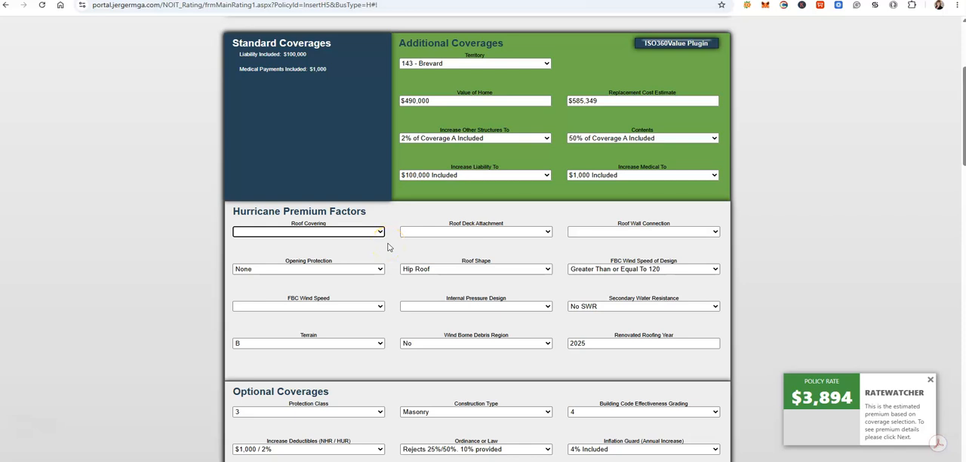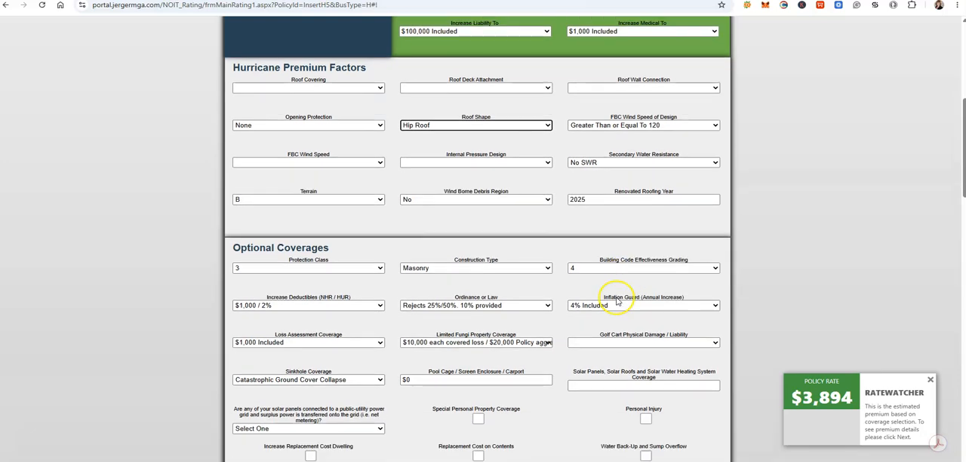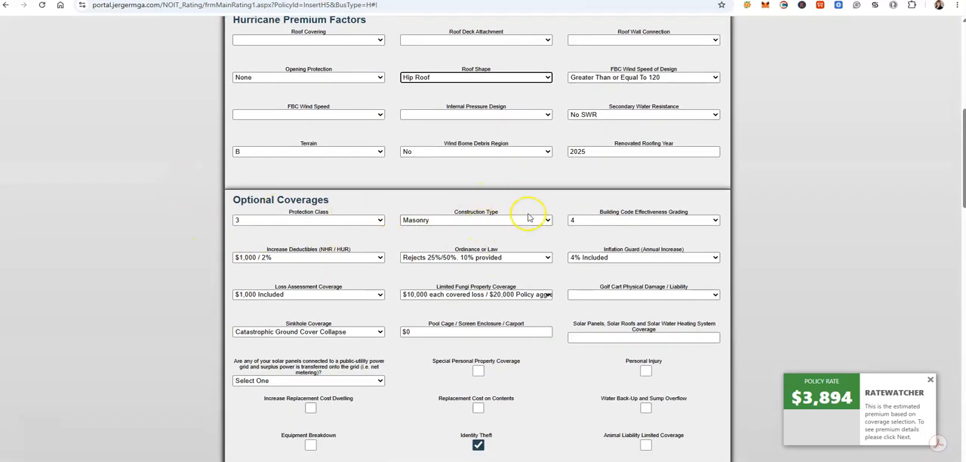If you do not have a wind mitigation, do not guess on these credits because it will change the premium quite dramatically. And if you do not have a wind mitigation, they will be removed. So be sure you have a wind mitigation to add any of these coverages, with the exception of roof shape. You can add either a hip roof or other, and there is a discount for hip roof. Most of the other things will fill in: the terrain, the roof renovated year, your protection class, your construction type, and